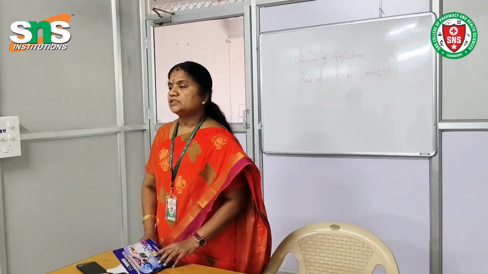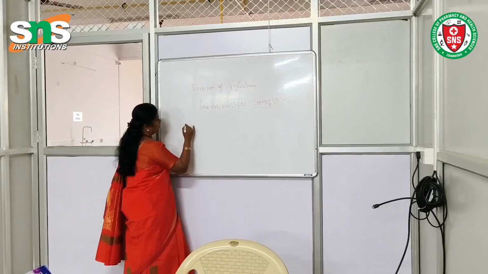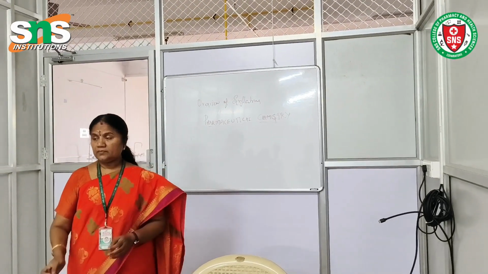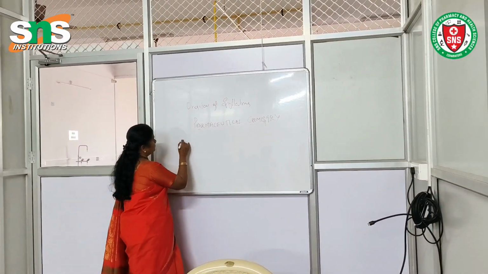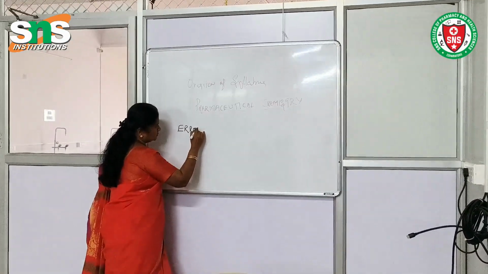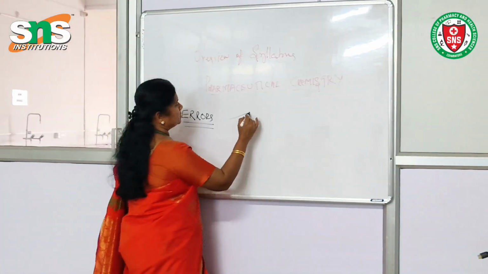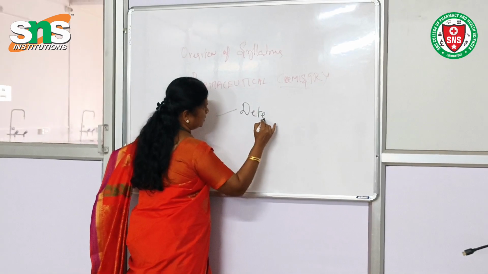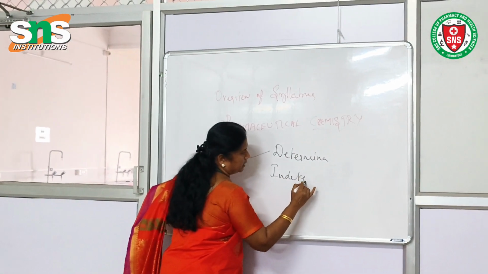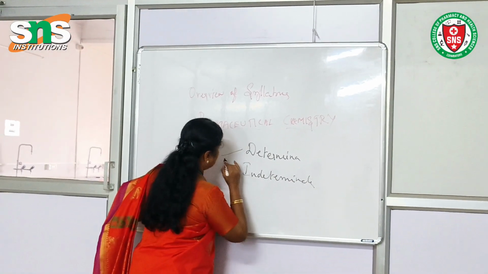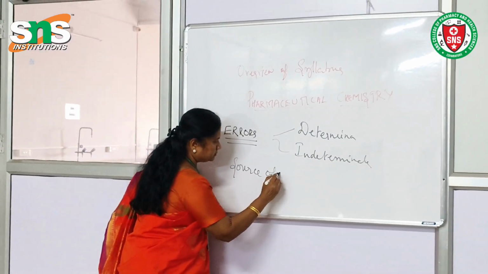So we will focus on the first two chapters. The first chapter talks about errors. What are the sources of errors? If you take errors, there are two types. One is determinate and then indeterminate errors. And if you take the sources of impurities,